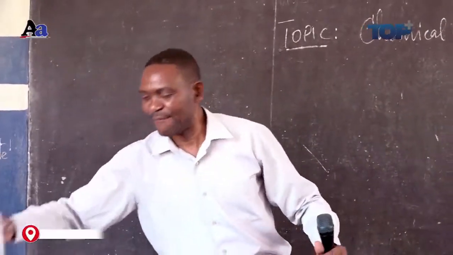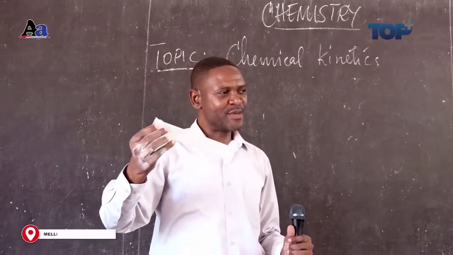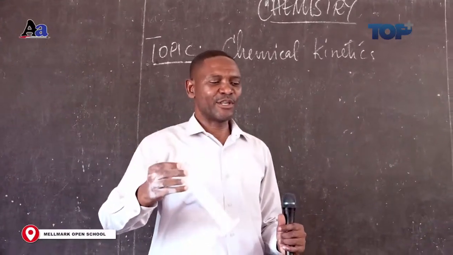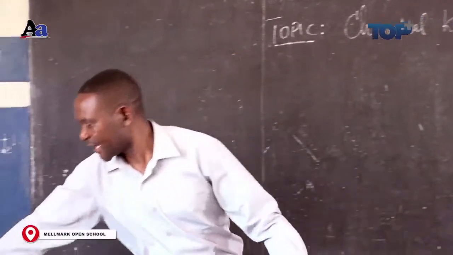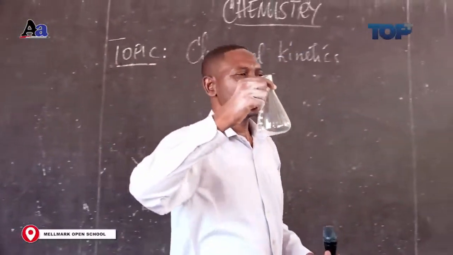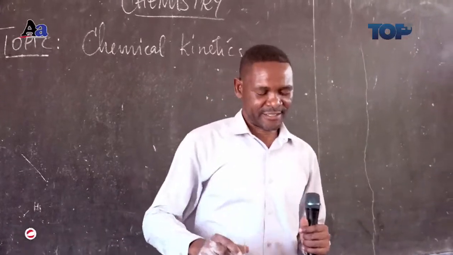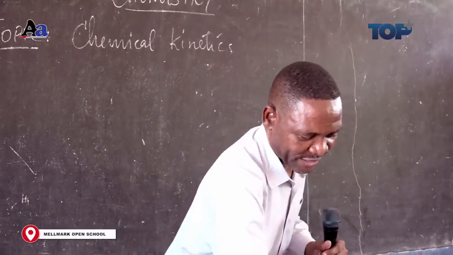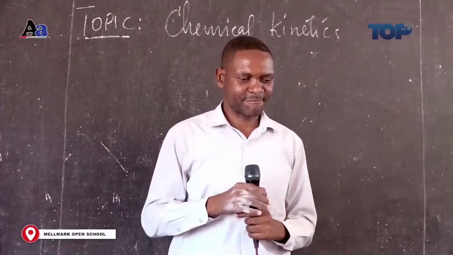Another one is called a measuring cylinder. There are 2 of them. One is big, another one is small. We are going to use them interchangeably. We also have a conical flask. This is also very important in an experiment to demonstrate concentration is a factor that affects rate of reaction. We shall have a stopwatch and the chemicals as we shall see.